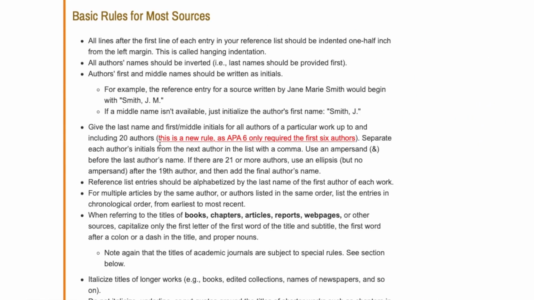So this is one of the things. A new rule of APA is if there are 20 authors, we give all 20 authors credit. Oh, God. In APA 6, we only had to spell out 6 authors, and if there were more than 6 authors, we'd use et al., or we'd actually use an ellipsis and then